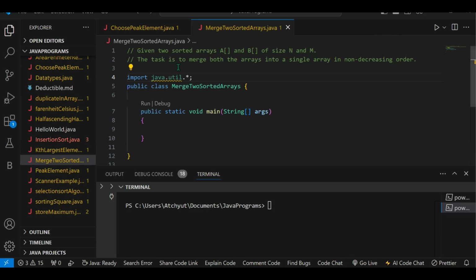So as you see, I have written the problem statement. Let's read it. Given two sorted arrays A and B of size n and m, the user has to take two sorted arrays, A and B. A has size n and B has size m. The task is to merge both the arrays into a single array in non-decreasing order, which means, for example,